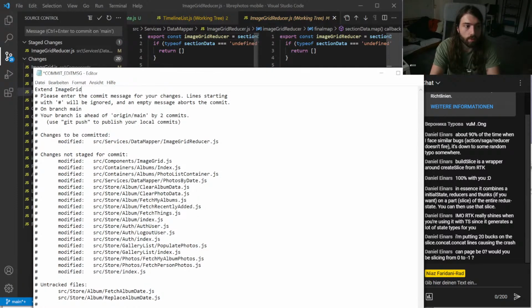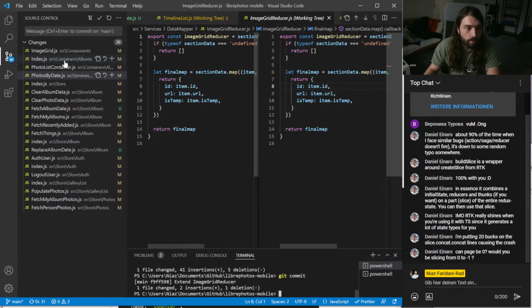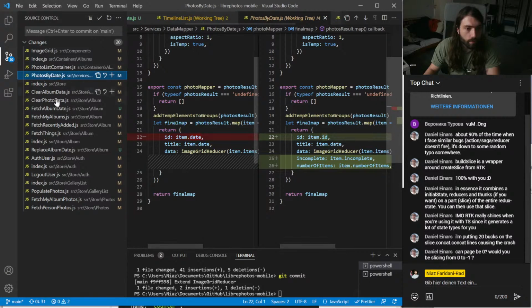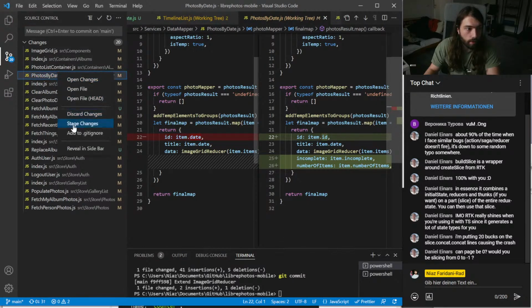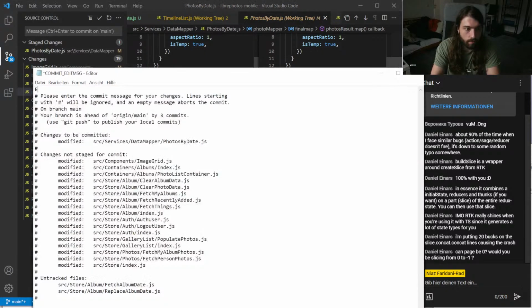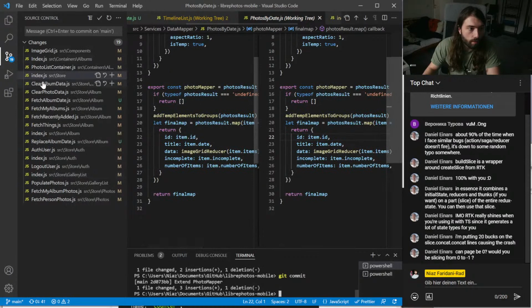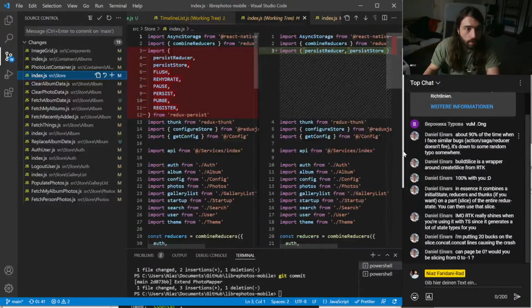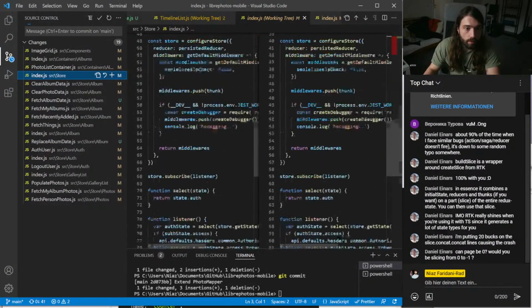Image grid reducer. Photos by date, right. Stage changes. Extend photo mapper. Okay. Right.